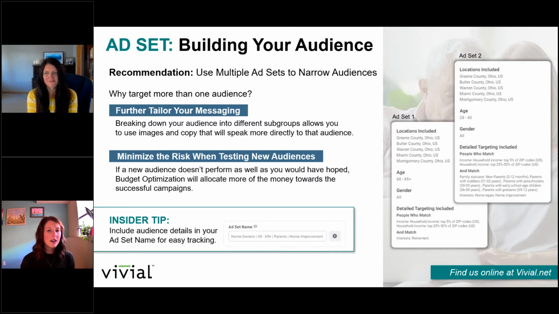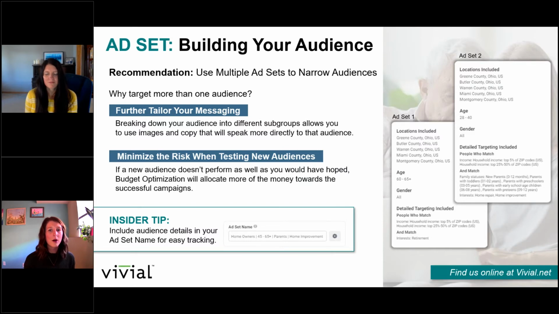So obviously the creative, which we'll look at on the next slide for these two ad sets, one ad is not going to speak well to both. So we want to have a really tailored approach. Also, going back to campaign budget optimization, this is really minimizing the risk of testing out new audiences because we have that turned on. Facebook's going to spend the money on the ad set that's responding the best.